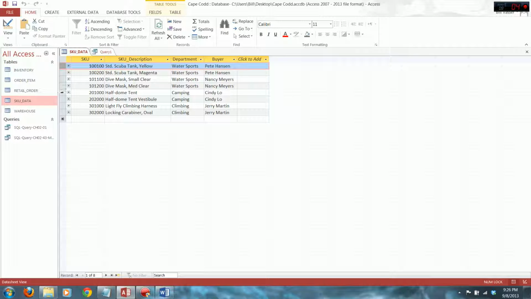So 1, 2, 3, 4, 5, 6, 7, 8. Yep, that's good. So this works on the whole set of data. And that's fine, and it's a start. And there is some information that you can extract with this. But there is a trick that you can perform for aggregate functions. And to lead you to what we need that trick for, let's ask ourselves, okay, but how many items belong